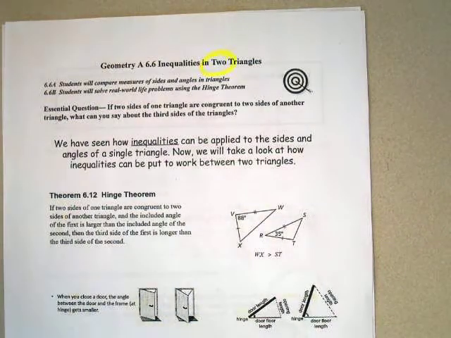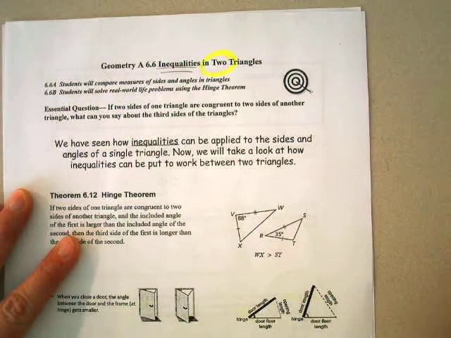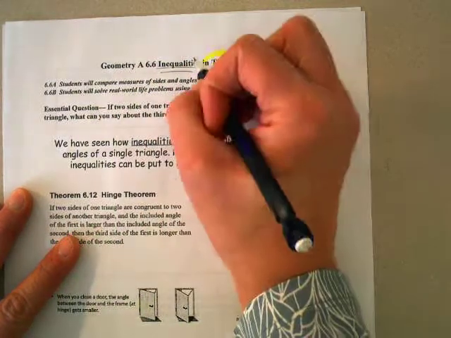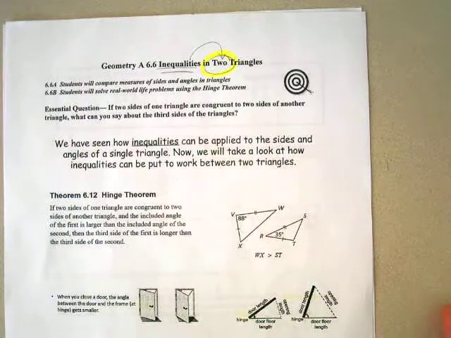We already said this yesterday, but just to remind you, we're still dealing with inequalities, only this time we're comparing two triangles in our inequalities, okay? I know you guys can all read, but there's not much to do on this first page, so I'm actually going to read this one paragraph to you because it kind of explains what the hinge theorem is